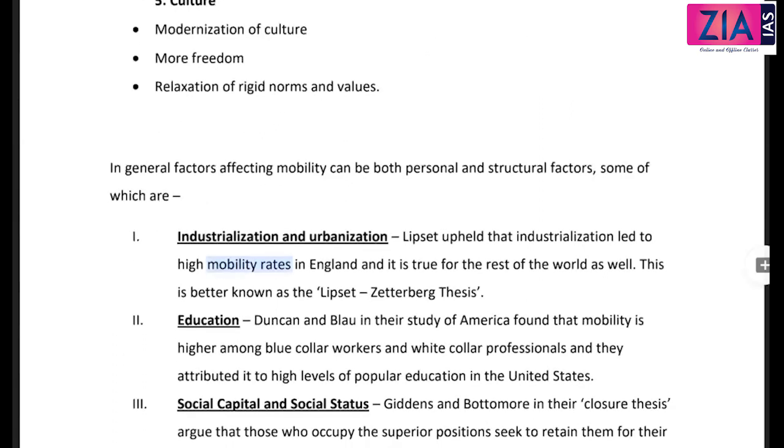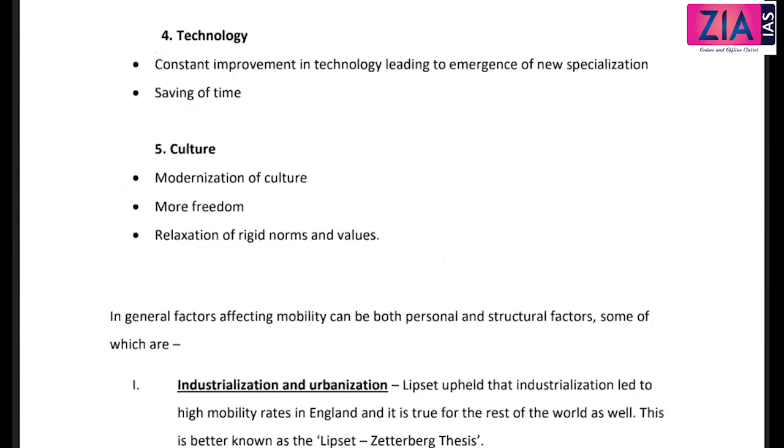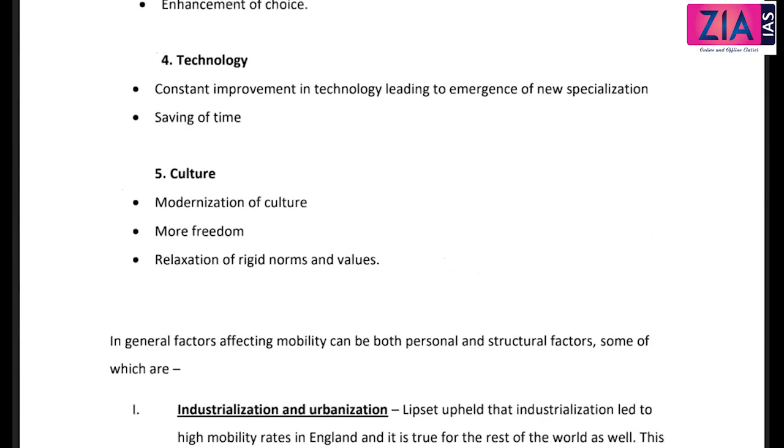Culture, modernization. Again, when we write about culture, we are saying modernization of culture. Now this is giving a lot of opportunity. But when we are writing about hindrance, what we will say is that our culture is still traditional, culture is not providing opportunity, culture is hindering, for example, hindering women from going for a particular occupation. Like that, we will say the same thing, and we will change the plate accordingly.